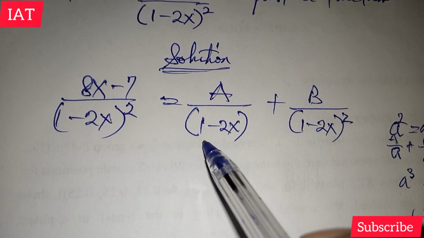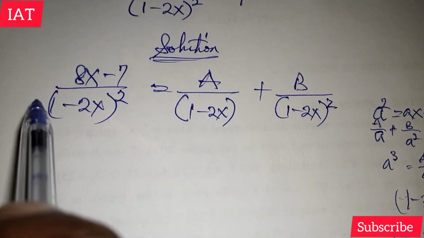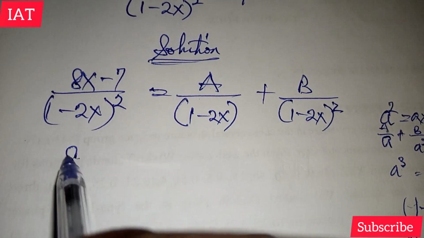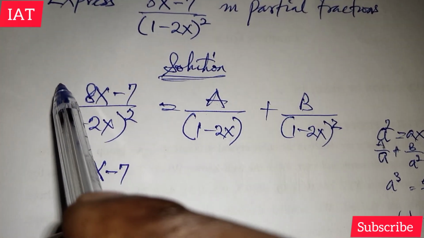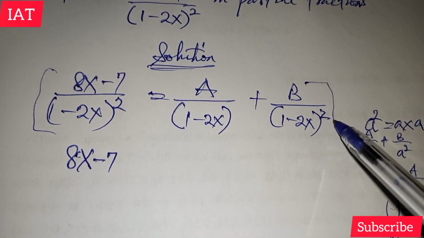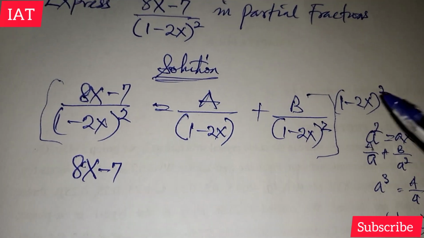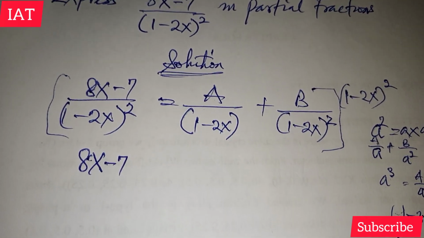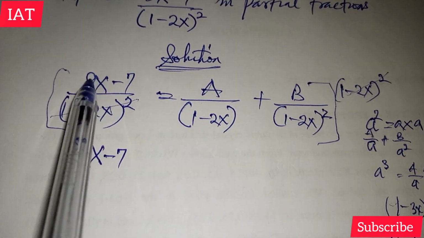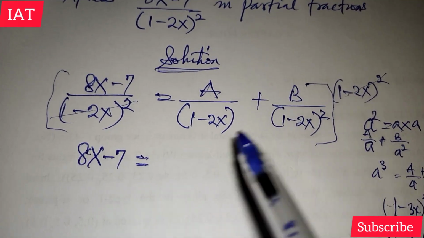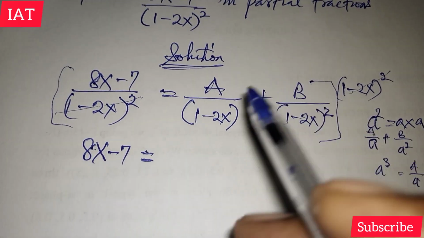So what do we need to do? By the time you multiply the whole of this equation by 1 minus 2x all squared, you notice that this will cancel out with that expression, leaving us with 8x minus 7. If you don't understand that, what I mean is that if you multiply the whole of this by 1 minus 2x all squared, it will multiply everything on the denominator. If this cancels out with this particular one, this is what remains in the numerator, which is equal to, if this cancels out, it can only reduce one of it. So what will be left is